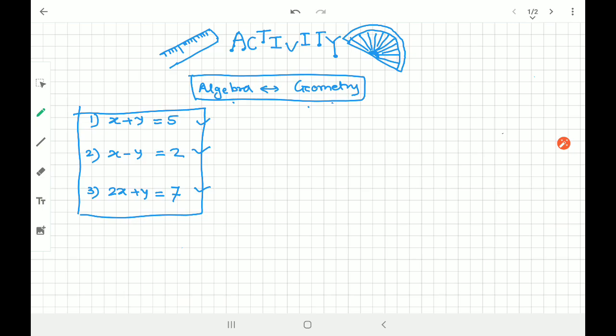And one more thing, if you're not able to find the solutions, if you're not able to draw the graph, it's fine, because we are going to learn in tomorrow's session how to draw a systematic graph of the equation. But I don't think it is so difficult. It is very, very simple. Being in 9th standard, you can easily play with numbers. It's a simple activity I'm giving you, and I'm hoping that you all will complete it. Thank you so much. That's it for today.